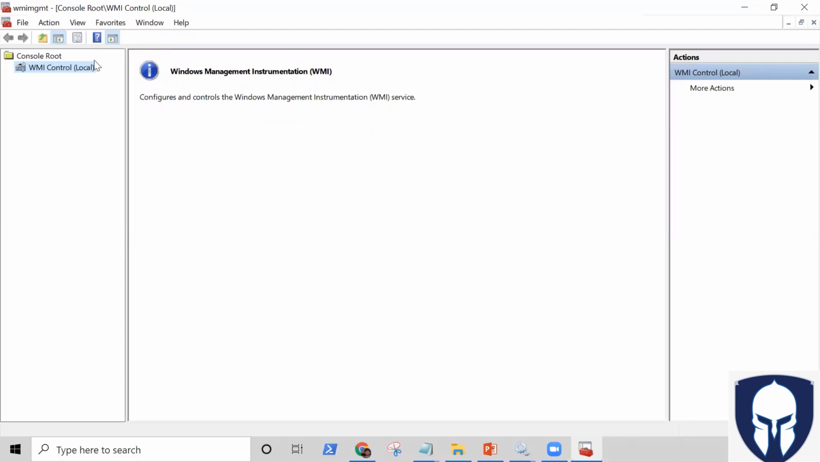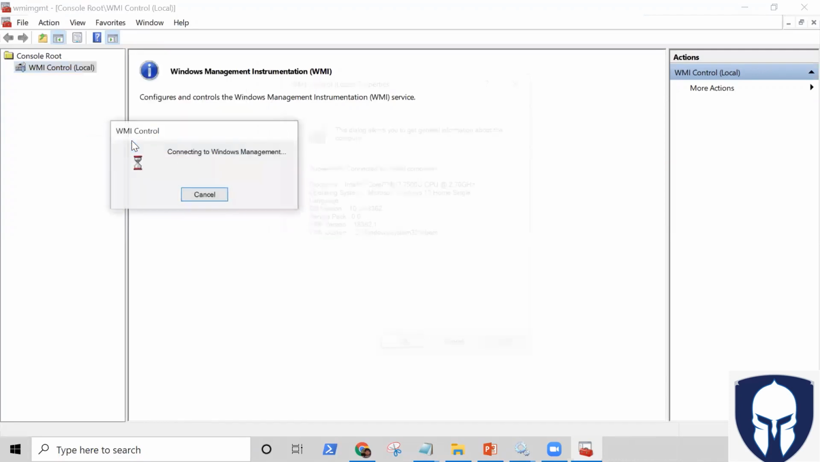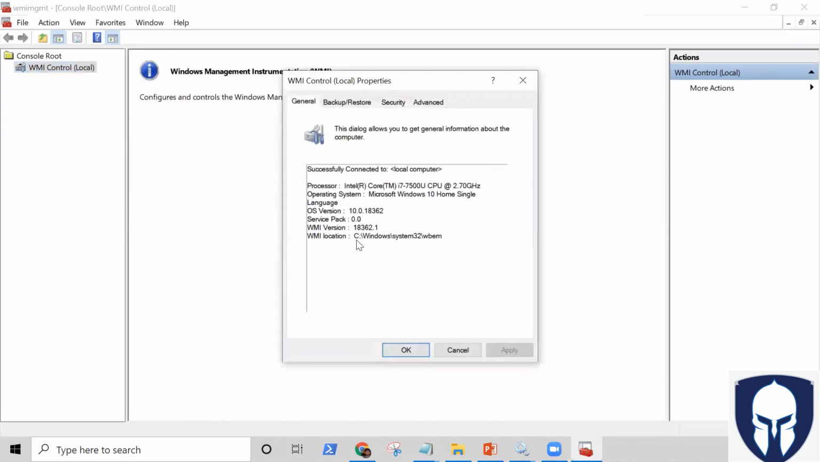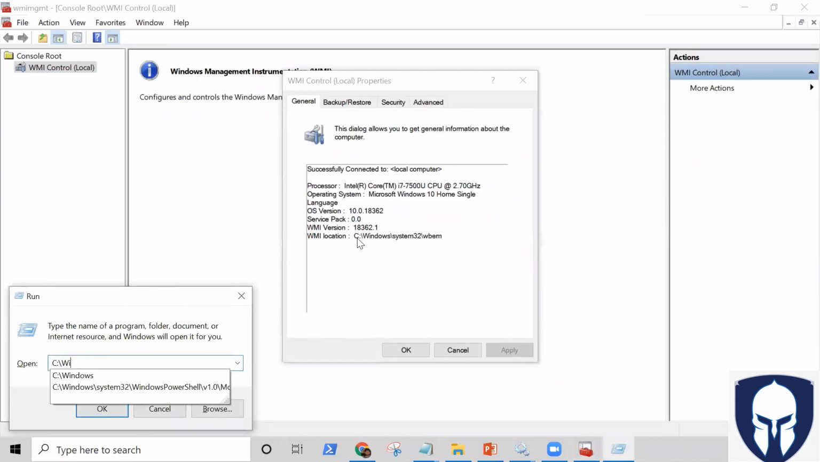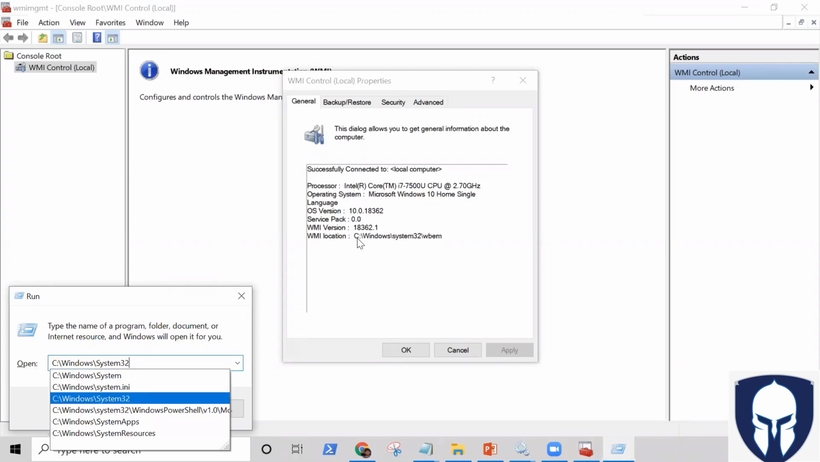I'll show these things so that you know it is already a part of your basic computer, not even domain related. It is a basic local computer; you will have all these things. If you go to the properties, you will see where things are getting located. You see this particular folder, right? Let's go there: Windows, System32, and